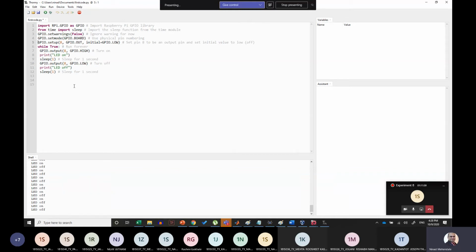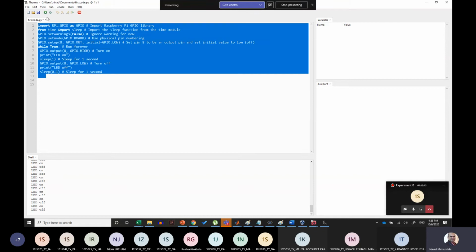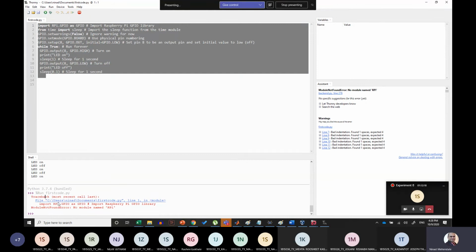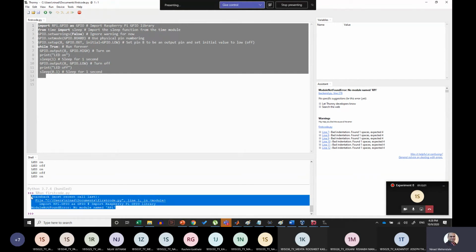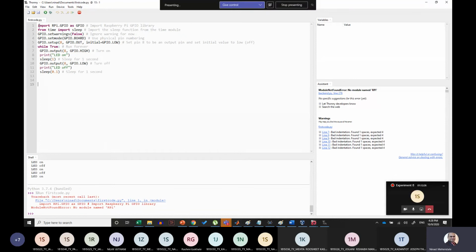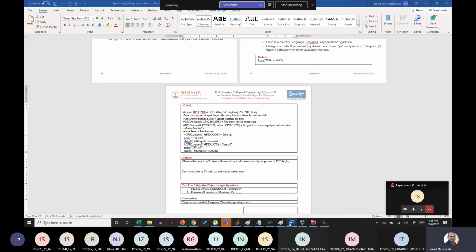Now here, if you want to go below 1 second, you can directly write 0.1. No issues with that. This means 100 milliseconds. So this is how the particular code runs. Now, if I try to run this code right now on the machine, I will get an error because it doesn't have any support for Raspberry Pi libraries, because this is not an actual Raspberry Pi. It's just a simulation. So that's why you will get an error, and that's why you have to comment all the lines, which I have already done while pasting your code. But if you are doing it on an actual Raspberry Pi, you can uncomment every line and run this particular code.